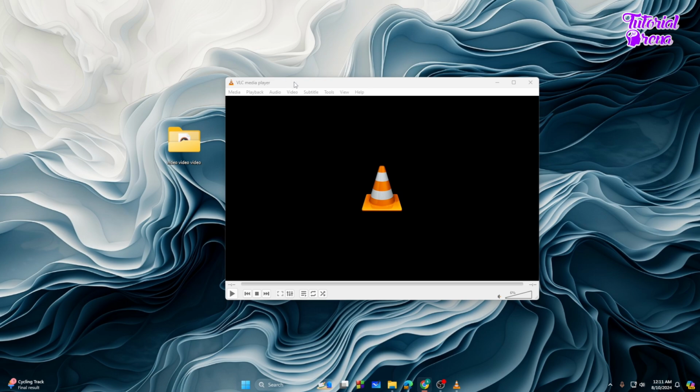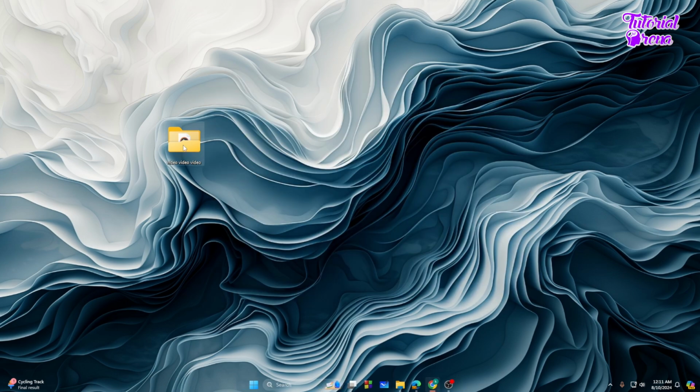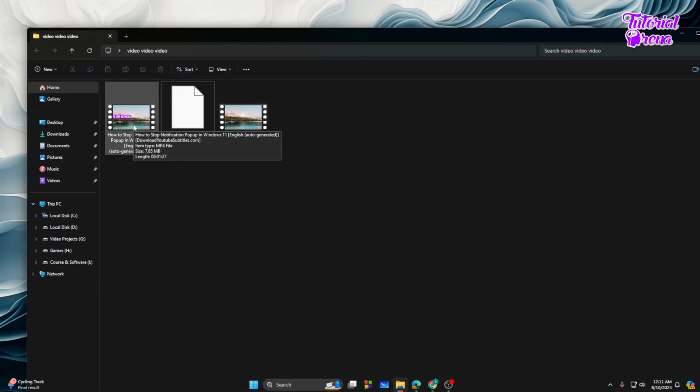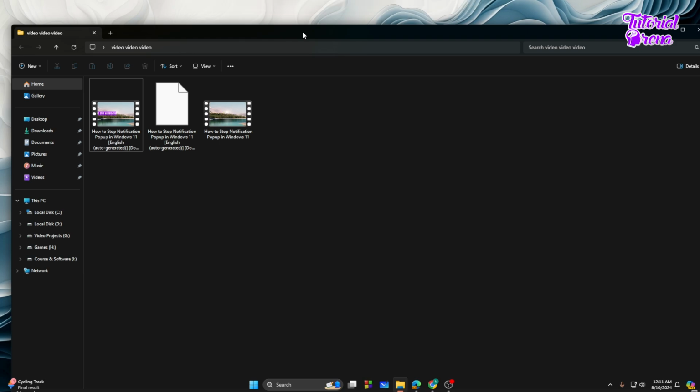After converting it, let's just open the file. As you can see, we got another file which is simply just the video. So that's how you can permanently add the subtitle to a video using